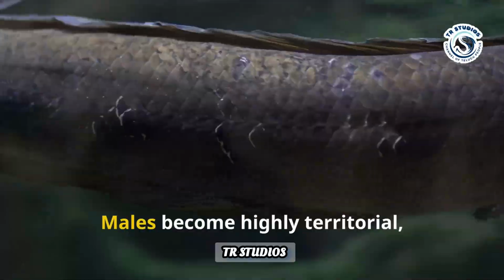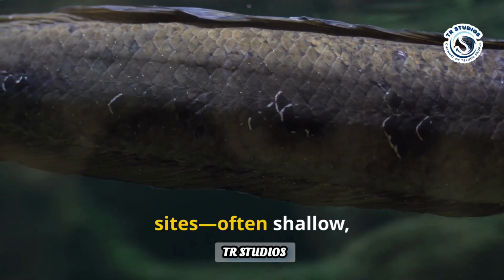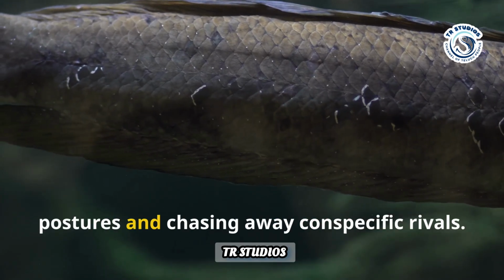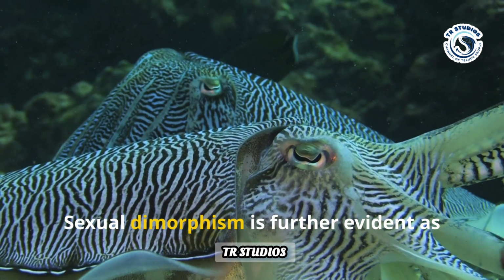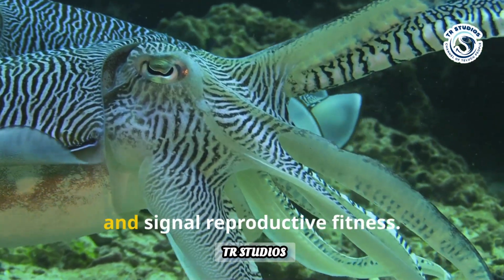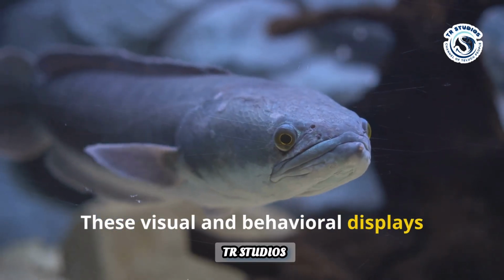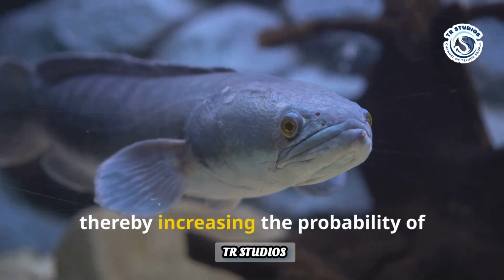Males become highly territorial, aggressively defending optimal spawning sites, often shallow vegetated zones, by displaying threat postures and chasing away conspecific rivals. Sexual dimorphism is further evident as males intensify their coloration and display pronounced fins to attract females and signal reproductive fitness. These visual and behavioral displays function as honest signals of genetic quality, thereby increasing the probability